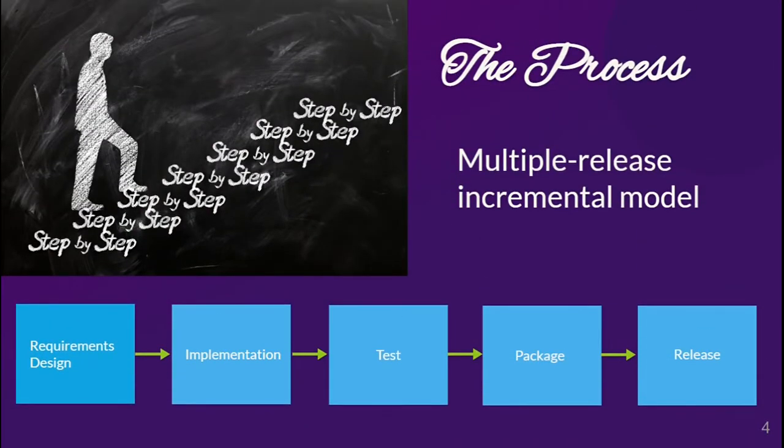Our design process is what's known as the multiple release incremental model. This means that it follows a straight arrow approach in gathering the requirements for the project, designing the project based on those requirements, implementing them, testing them for bugs, errors, and other problems that may occur, packaging everything into a compact, accessible file, and releasing the first model of the software. This process can repeat once or many times until the software is where it needs to be for you, the